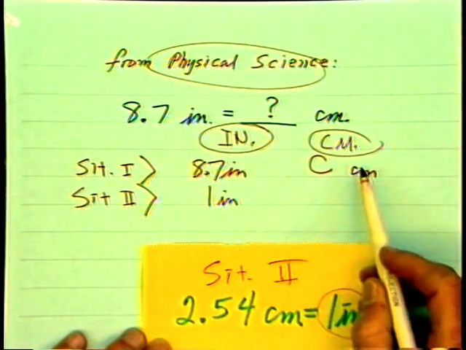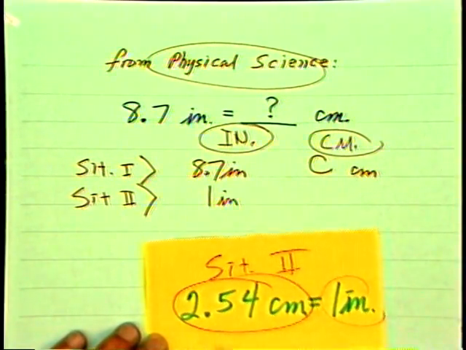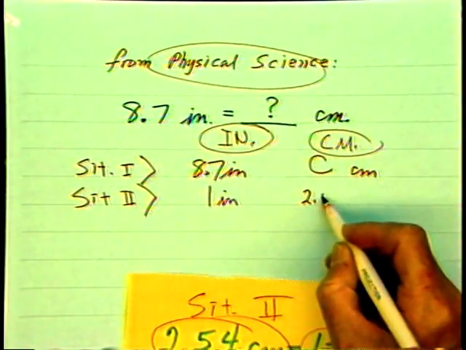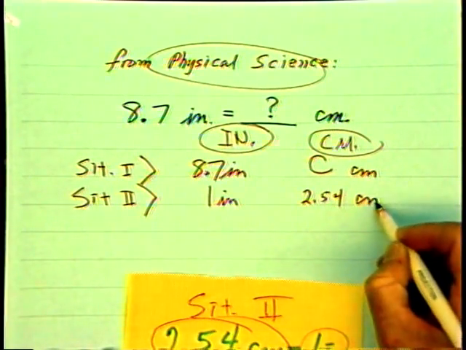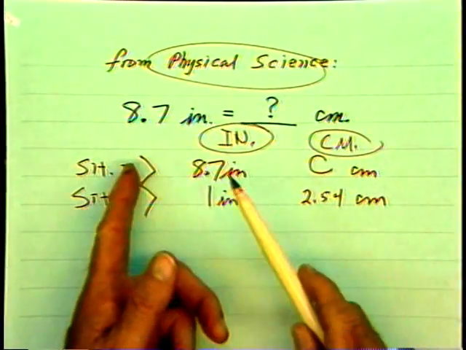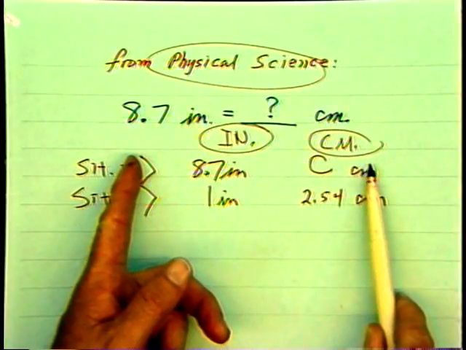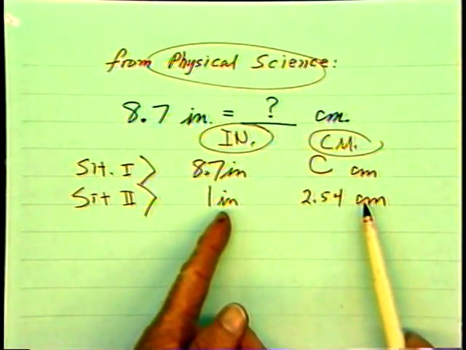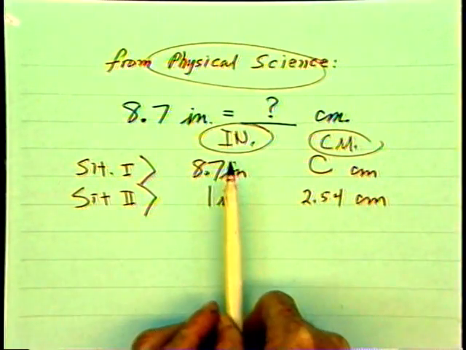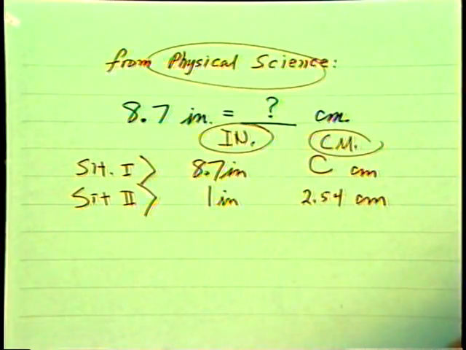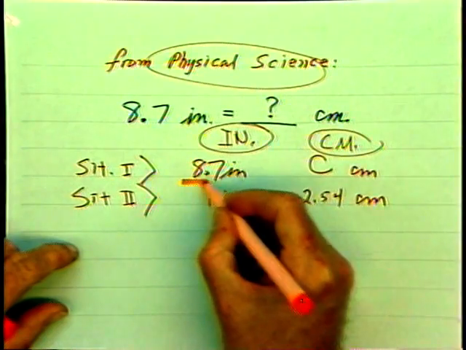I have centimeters here second, so I want the centimeter portion second, 2.54 centimeters. So here are my situations, inch, centimeters, inch, centimeters. The order is not important as long as they're in the same order. Now, to form my proportion,